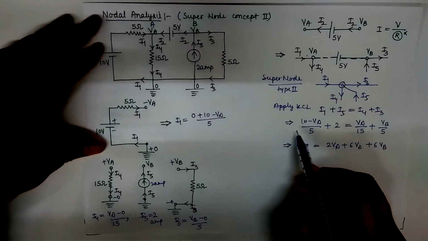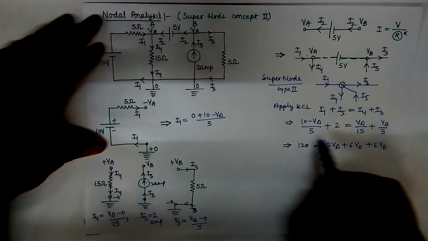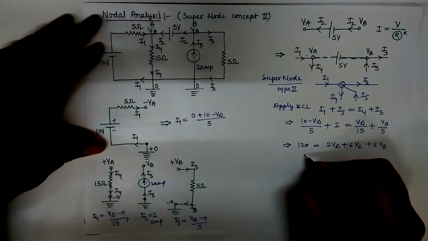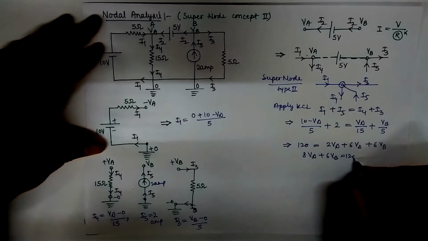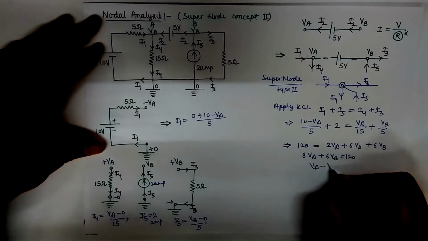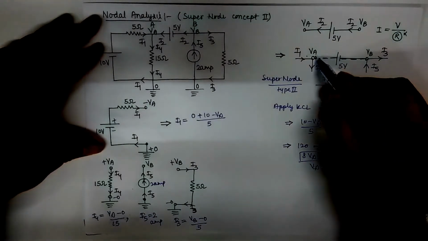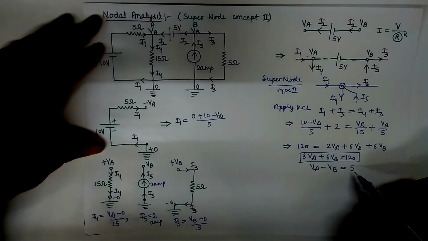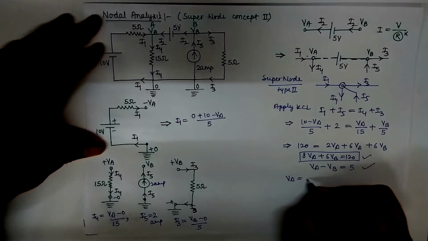When we multiply this whole by a multiplication factor and solve this, we get this. After solving, it would be 8 VA plus 6 VB is equal to 120, and VA minus VB is equal to 5. How? Because there is no resistance here, we can say VA minus VB is equal to 5 volt. After solving these two equations, we get VA is equal to